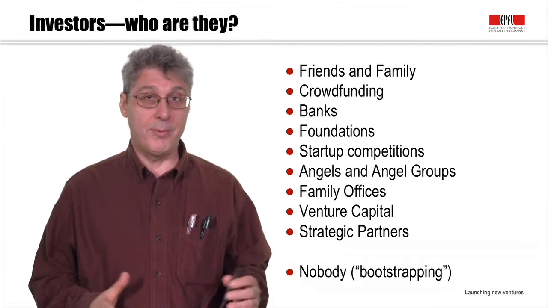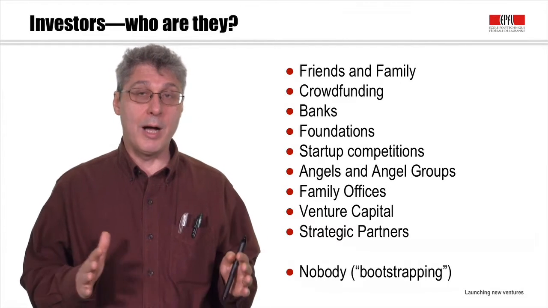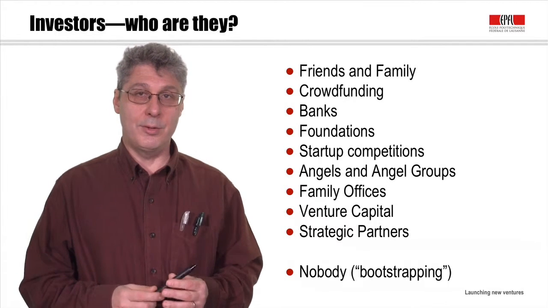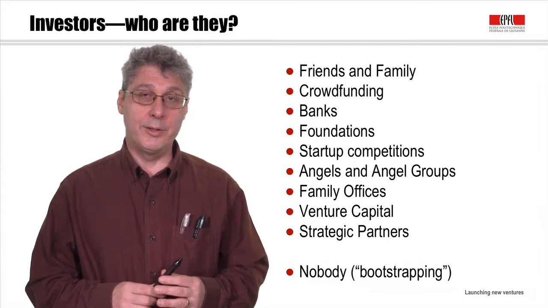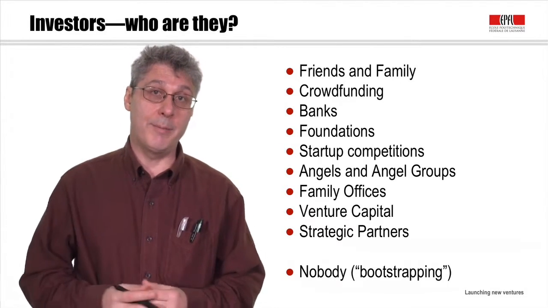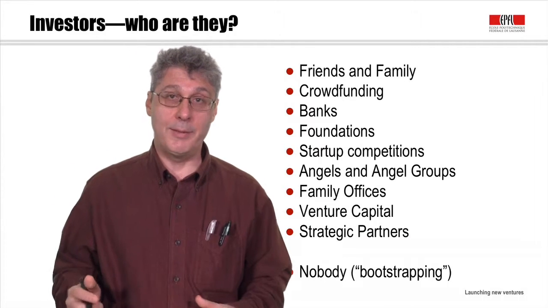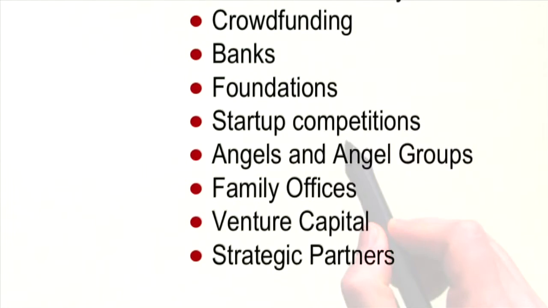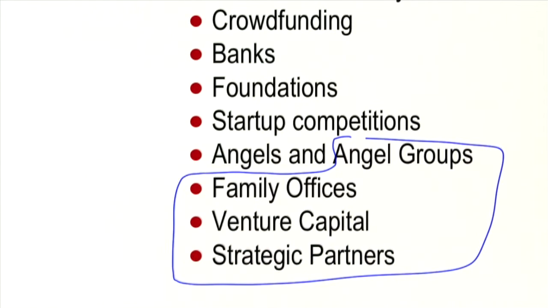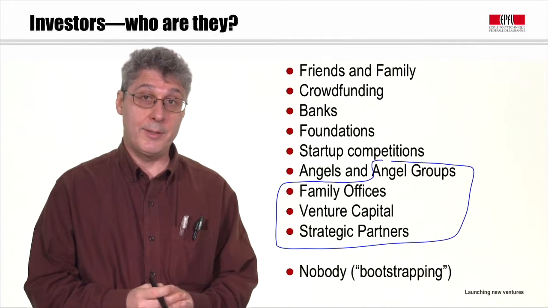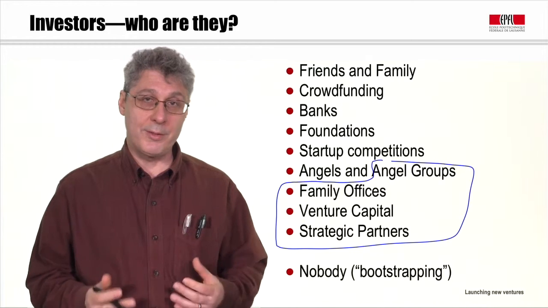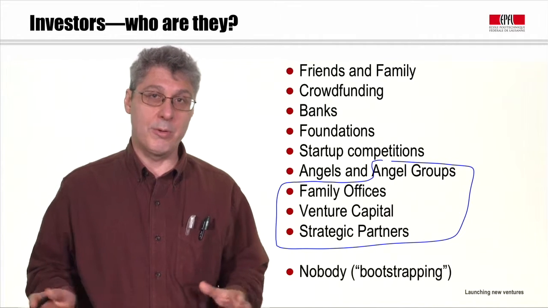So we mentioned before that the individual angel was often associated with seed financing and startup financing. And angel groups can too, but just to draw a little distinction between the individual angel and an angel group, some of the angel groups will often come in later in the process. So we're going to include them in today's groups. So if we just look here, we're going to talk mainly about this group of people. Angel groups, family offices, venture capital, and strategic partners or strategic investors or corporate venture capital investors. Those are all the same.